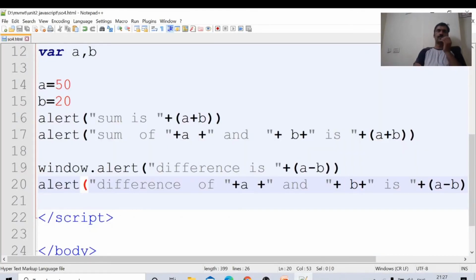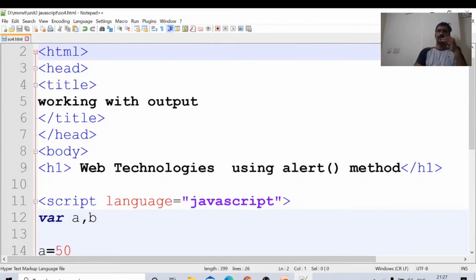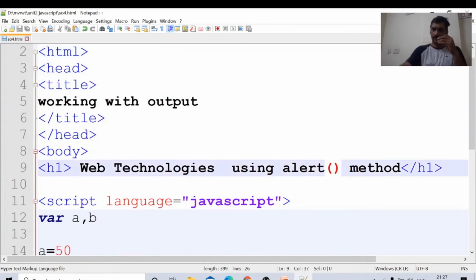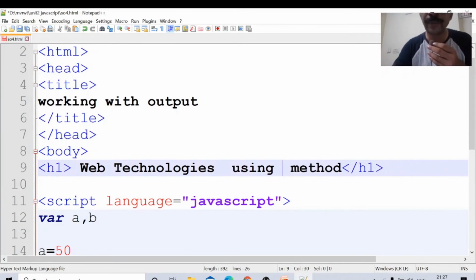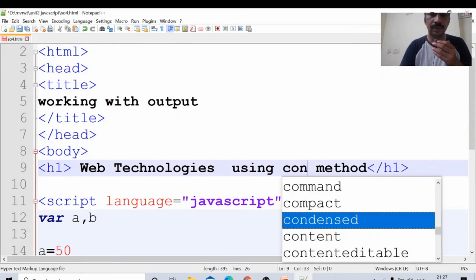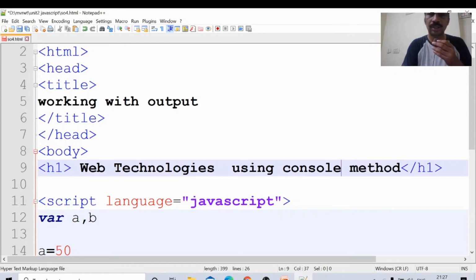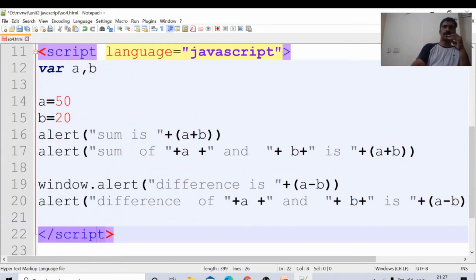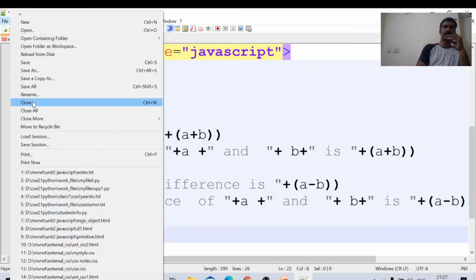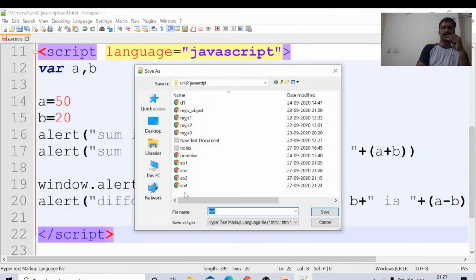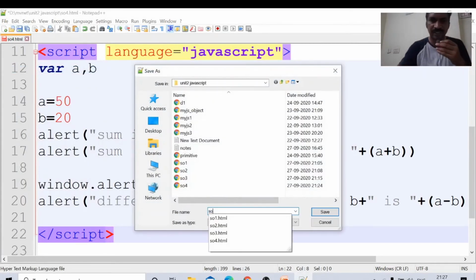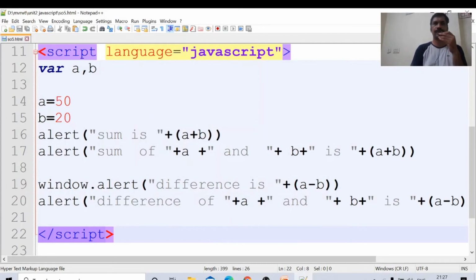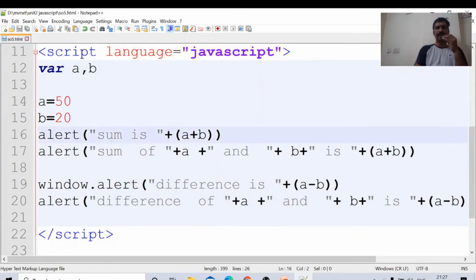The same program using console. Console means black and white screen. I am saving this file, file save as so5, screen output 5. Okay, I am deleting all these alert statements.